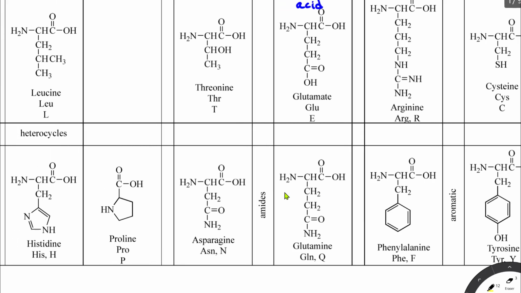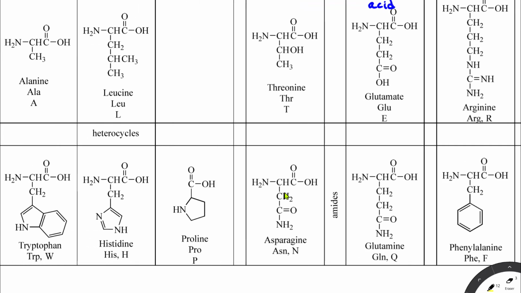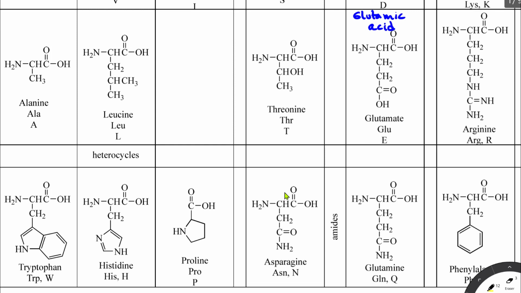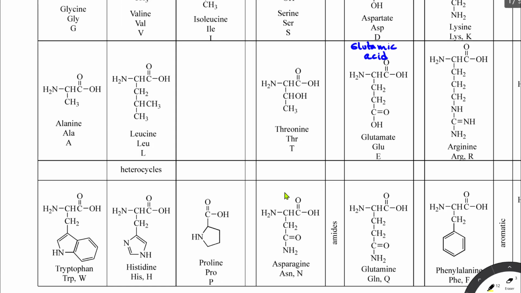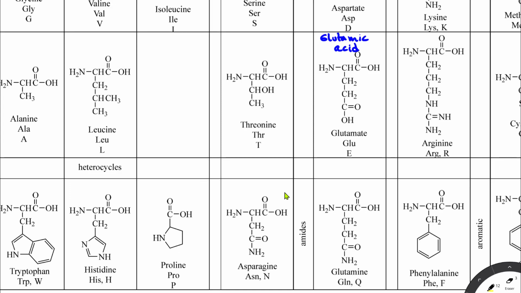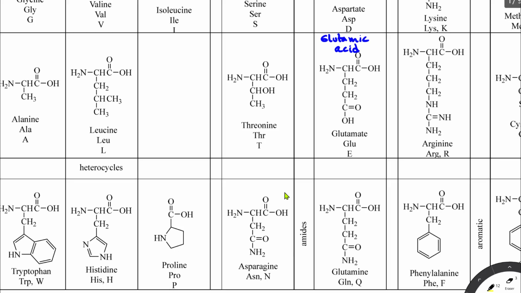Yeah, but histidine, proline, tryptophan, right? This is W, but for the most part, the letters make sense, and there's just a few that are a little bit odd because she basically ran out of the first letter, ran out of the second letter, so they went to the last letter. Oh yeah, that's what I didn't explain about glutamate. She had run out of letters, and so she assigned it the letter E because that's the last letter in the name instead of the first letter in the name. Anyways,